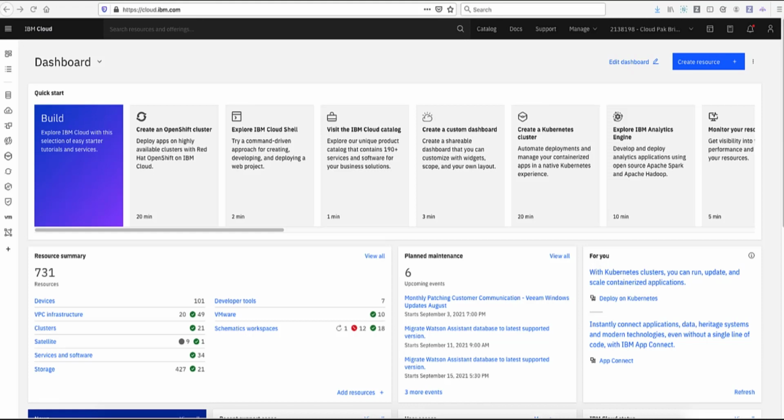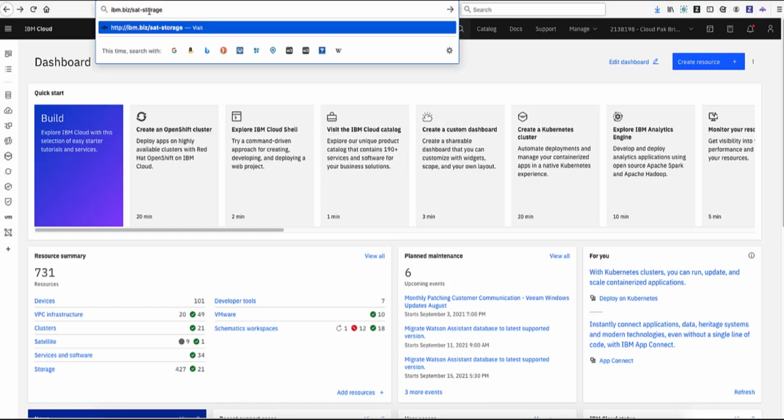This video shows how to configure storage for your OpenShift cluster on IBM Cloud Satellite. In our case, the cluster is running on AWS. These instructions are also available in the IBM Cloud Satellite documentation. Navigate to